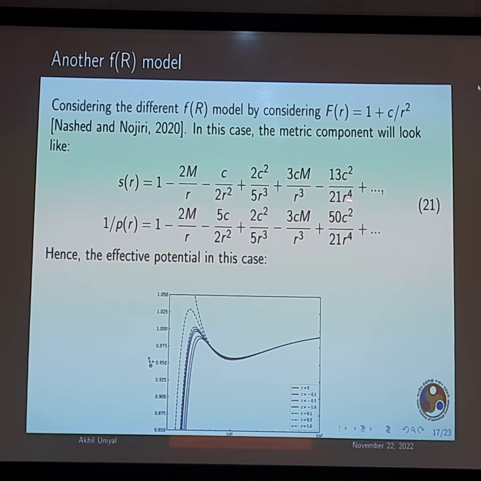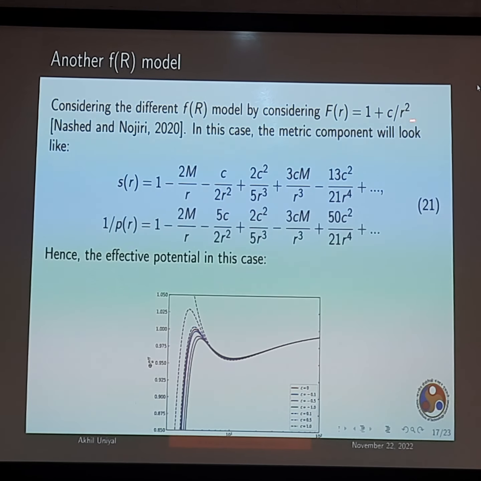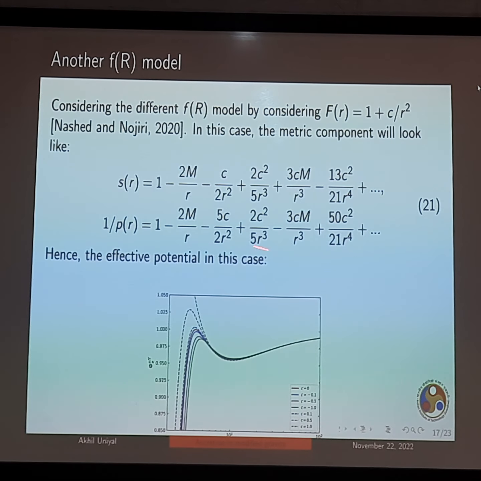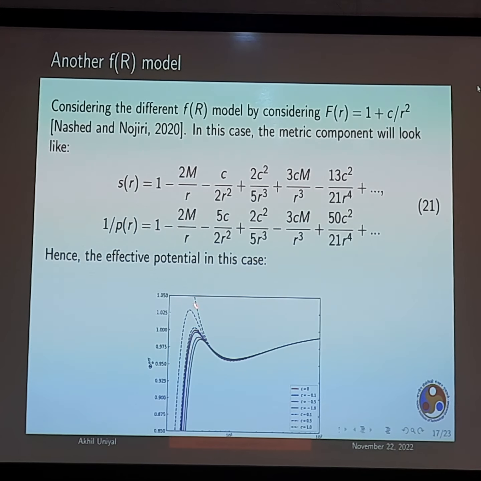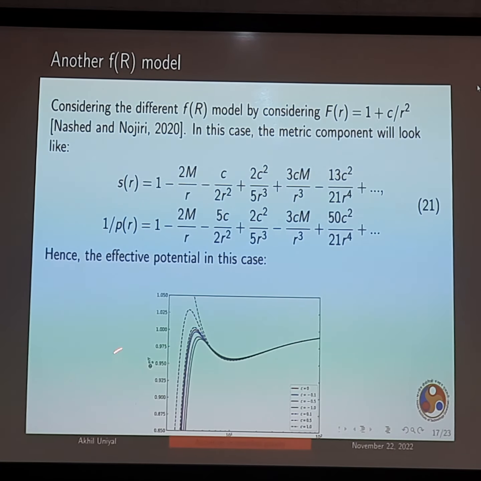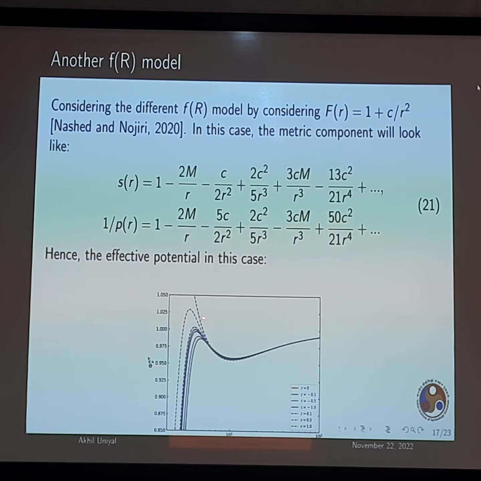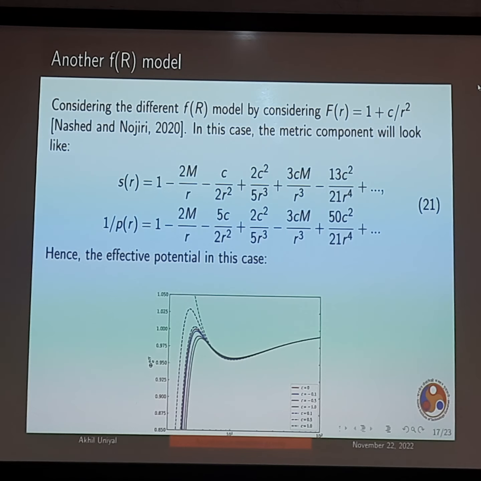So next model, we considered just changing this r to r square, to see what can happen if we just change this term, because we will anyway get back the Schwarzschild. This f(r) will become 1 if you go to infinity. In that case, you get this particular metric. Now what happens in this space time? Surprisingly, you get this. If you increase your c, this is your potential, so you will get an infinitely large increasing potential. So what does this signify? So in our accretion model,